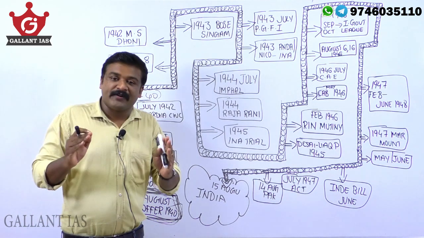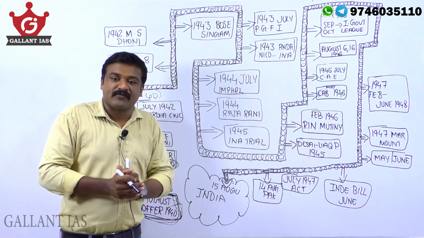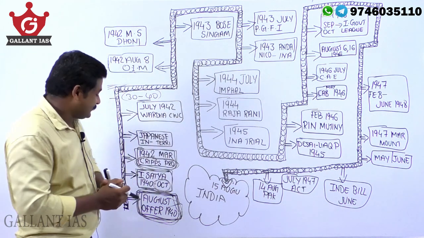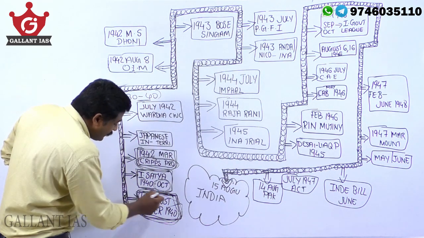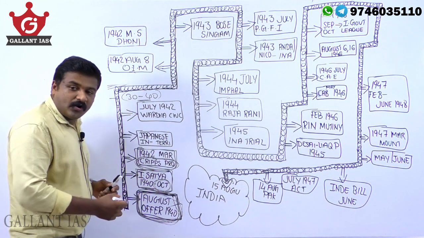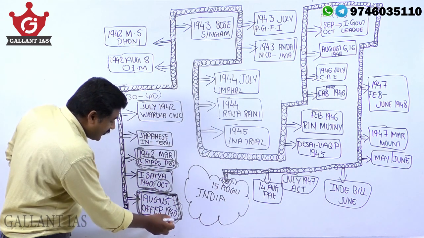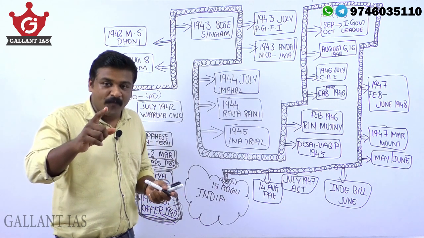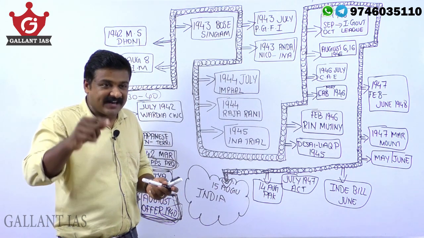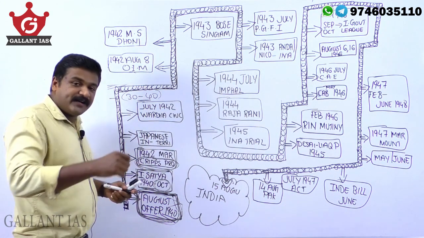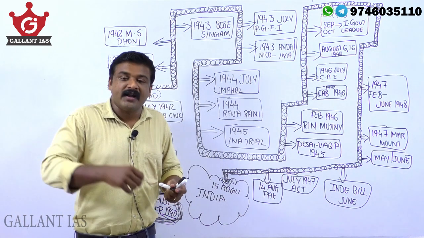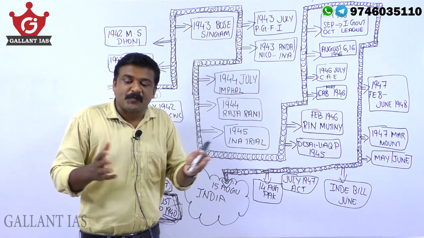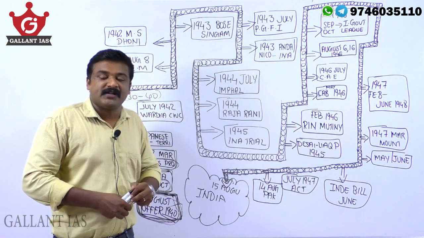The chronology of the core events from 1940 to 1947. Starting with the August Offer. This August Offer was offered in 1940 by the then Viceroy Lord Linlithgow. Each point is a UPSC question and its answer. So August Offer 1940, offered by Linlithgow, and it just promised expansion of Viceroy's Executive Council,